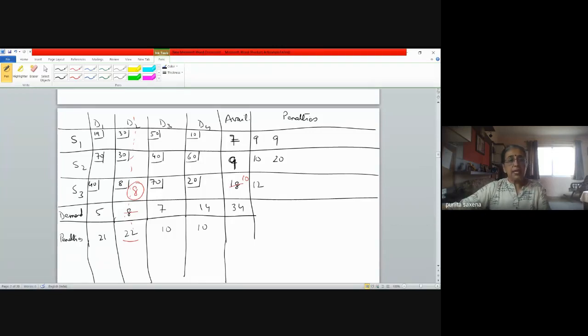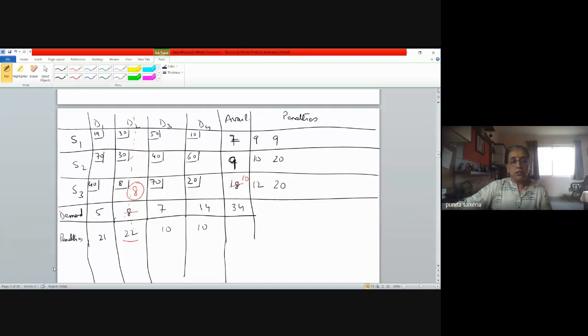Similarly, in the next one. Again, since it has been struck off, the 8 does not come into the picture now. So we are left with the minimum to be chosen from 40, 70 and 20, which happens to be 20. The next minimum happens to be 40. So the penalty is still 20.